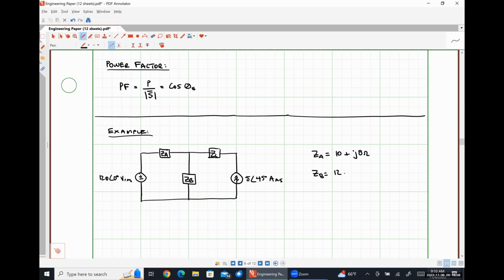ZB to be 12 minus j3 ohms, and ZC to be 8 angle 30 degrees ohms. And I want us to find the following quantities. The average power absorbed by impedance ZA, the apparent power absorbed by impedance ZB, the reactive power absorbed by impedance ZC,